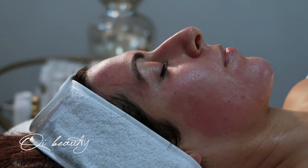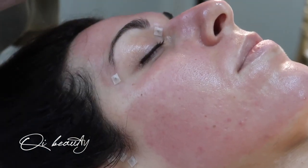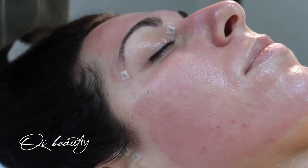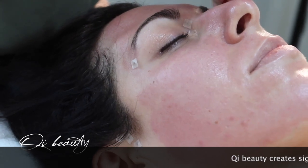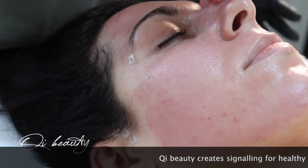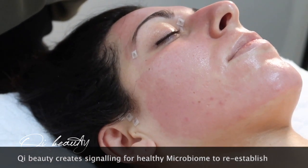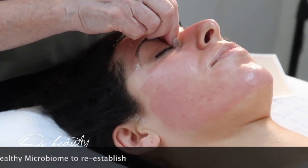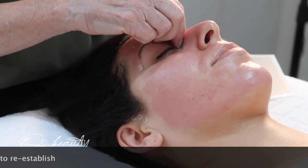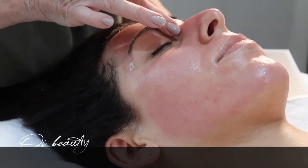Stella messaged me 4 days post-treatment saying that her skin normally responds well after needling, but this is the best it's looked. So she is really keen to repeat the process with the combination treatment of CIT with Chi Beauty, as an integrative therapy. We could break this down and say that microneedling induces cell proliferation via the electrical signals and of course growth factors, and then Chi Beauty comes in to regulate cell proliferation and all the phases of wound